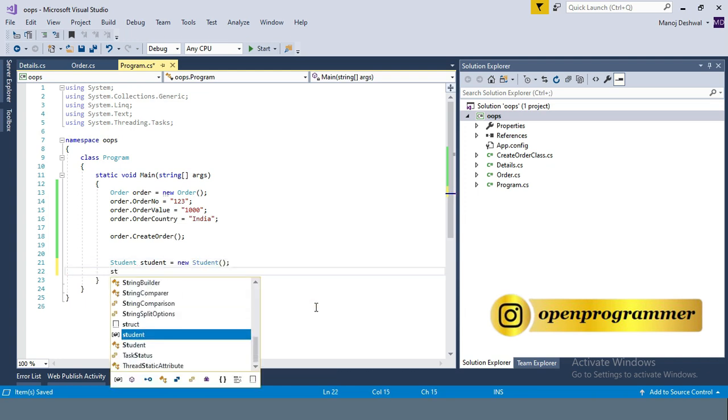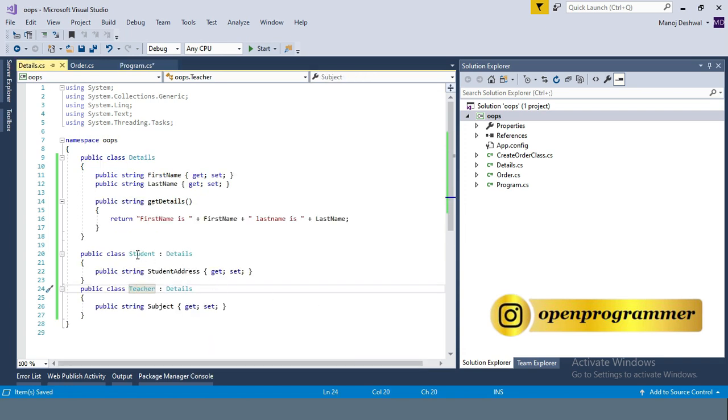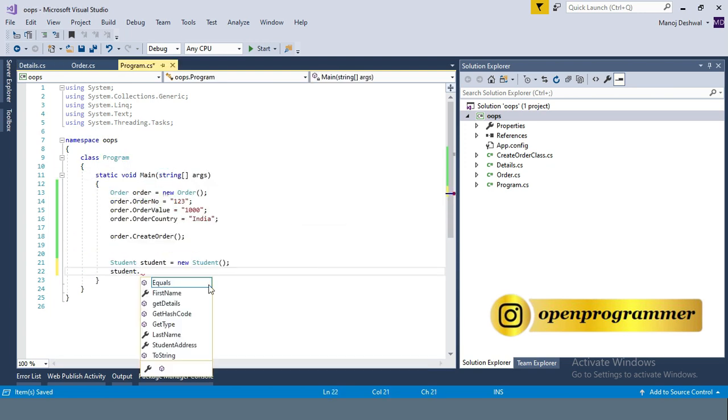Okay, so if I press student dot, you can see we have all the properties like FirstName, GetDetails, LastName, and StudentAddress. But in Student we have a single property, and due to the inheritance of Details class we are able to access this and this. Let me show you again. First name, last name, student address, right?